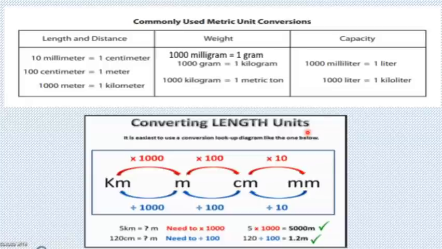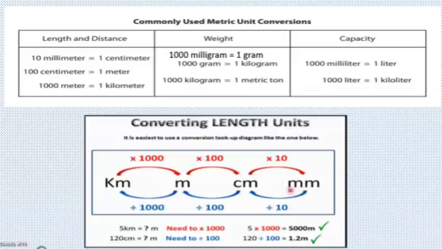Here, converting length units is given to us. When you are converting a greater unit into a smaller one, you have to multiply. I mean to say, kilometer is a bigger unit than meter. When you convert a bigger unit into a smaller one, you have to multiply. See, from kilometer to meter, then meter to centimeter, and centimeter to millimeter. This is descending order. This is the biggest one, then smaller than that, smaller. So when you are converting from a bigger one to a smaller one, always multiply.